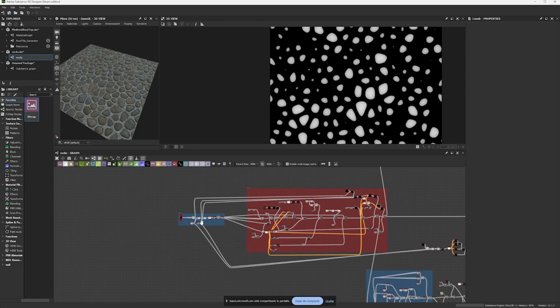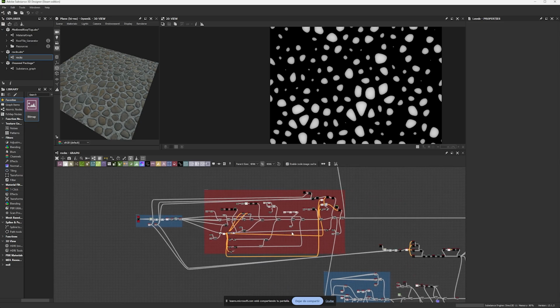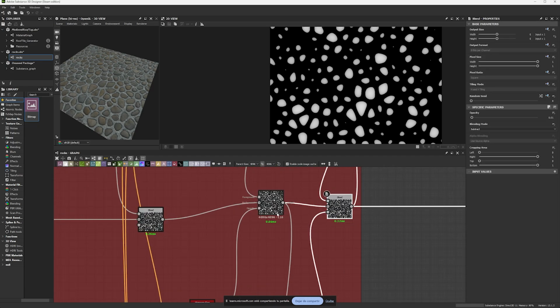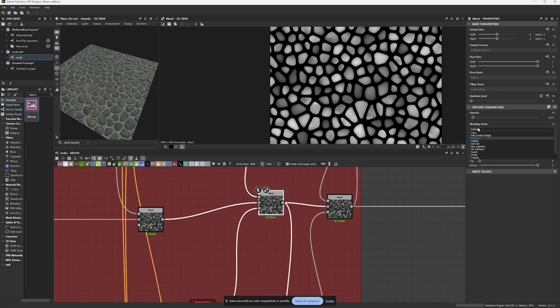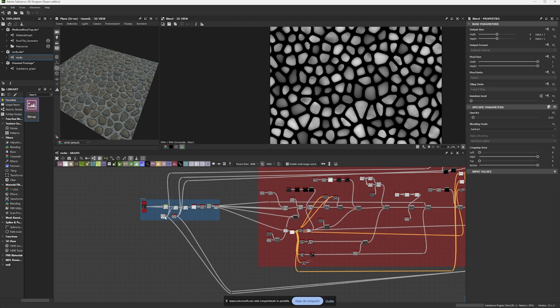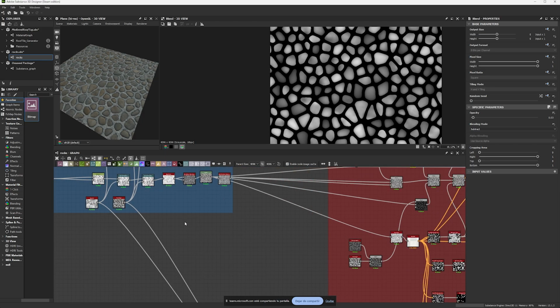Now, when it comes, once again, to blending information, it's really important to understand that the math behind it is controlled by our blend nodes. So all of these blend nodes have different blend modes, and all of these have different names. Most of them are mathematical processes that we use, you know, add, subtract, multiply. When we go to max and min, that's literally the mathematical expression of the maximum point on your graph and your minimum point. So you have a lot of math expressions, and we're using those math expressions to combine different kinds of information and try to build up something.